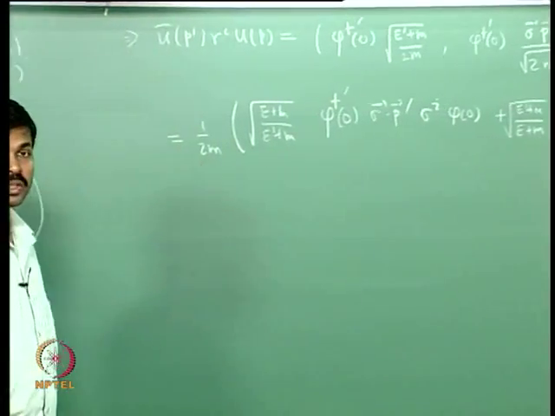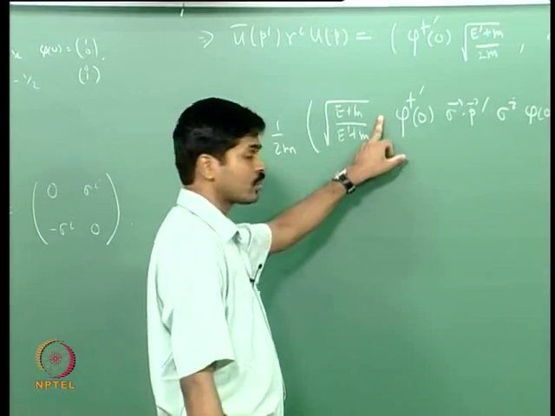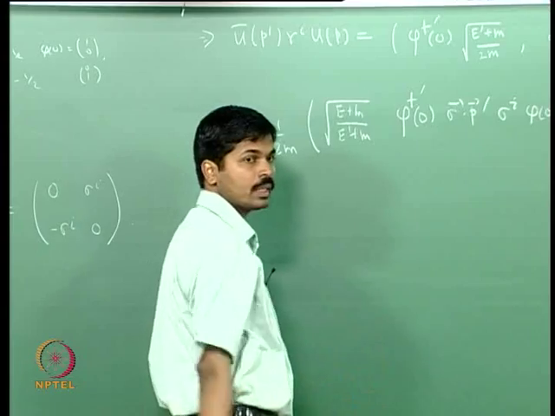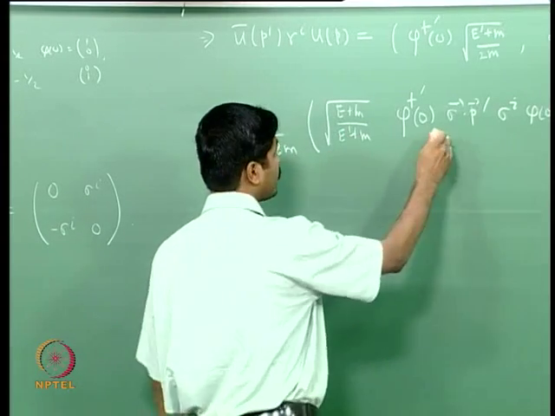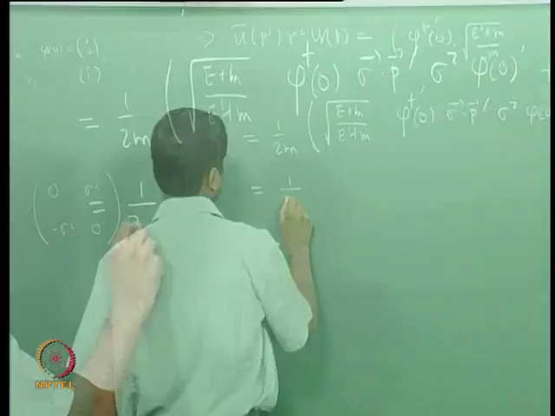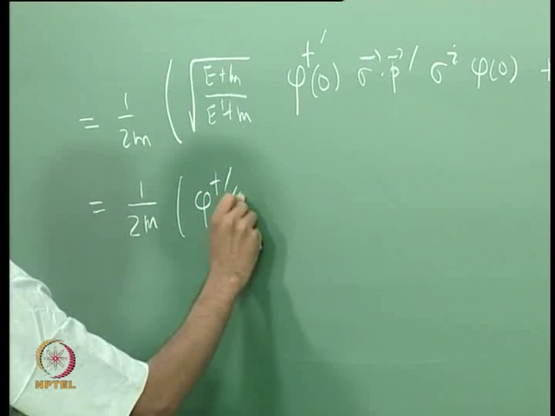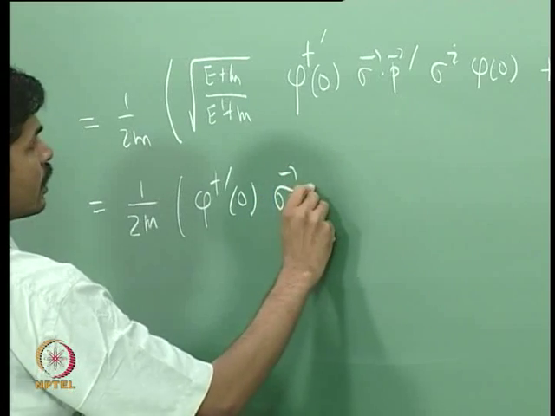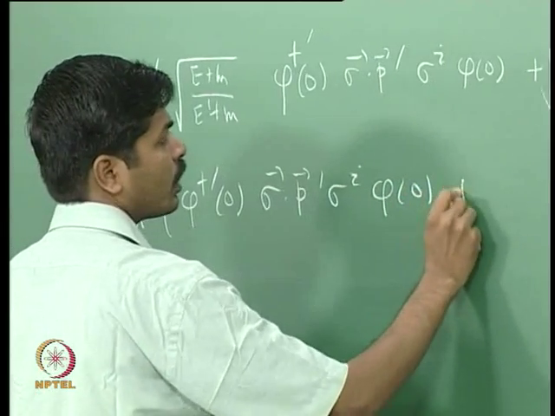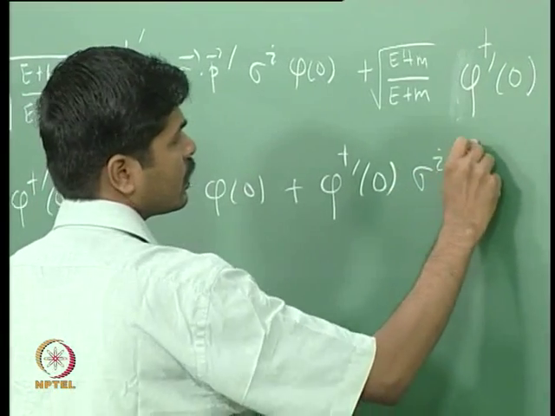So far we have not used any approximation, but now we will use the non-relativistic limit. In this limit E will be equal to E′, and then this quantity will simply be 1. To order p², it will be 1. So, to linear order in p, this is just given by 1/2m [φ′†(0) (σ·p′) σ^i φ(0) + φ′†(0) σ^i (σ·p)